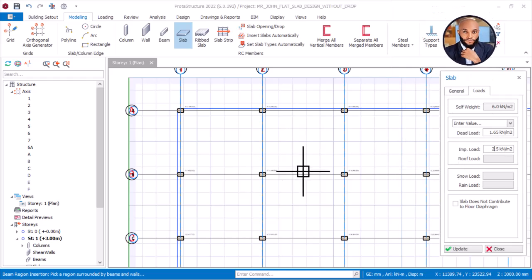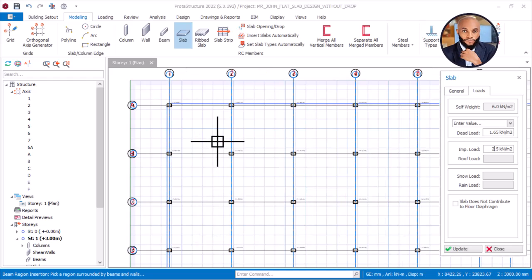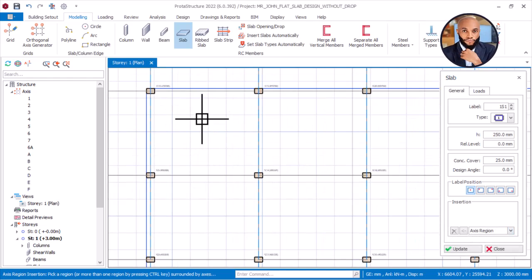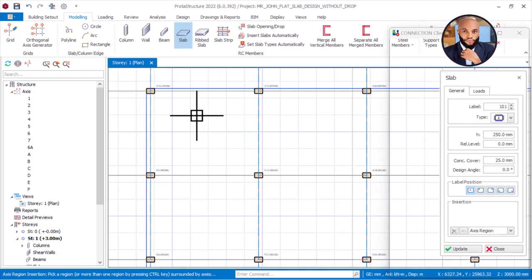So by doing that right now, I will now begin to insert my slab. But knowing that this is a flat slab, we will have to come here, general, and change our slab insertion to only axis region. Okay, it was normally default at beam region, as you can see now. So we'll come here and change to axis region. Okay, and then we'll now begin to click our slab here. Okay, we need to click now. We'll click on this place now to insert